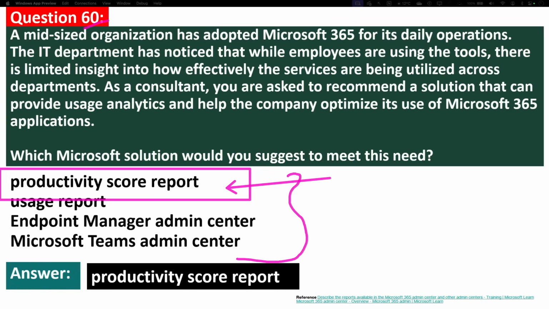Some of the key benefits include improved work habits, better technology decisions, data-driven improvements, etc. Who uses this most? IT admins, team leaders, or executives who can track the overall digital transformation process and identify areas